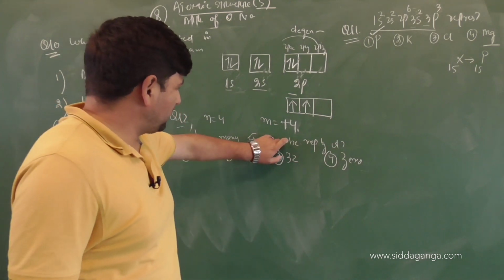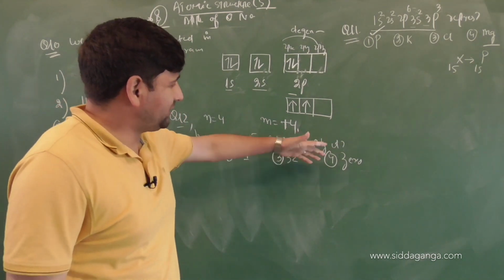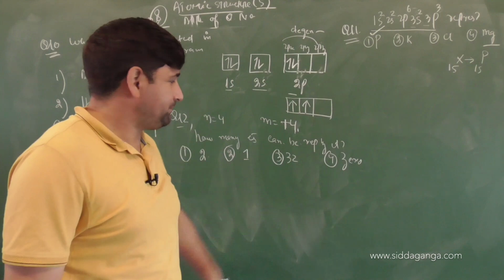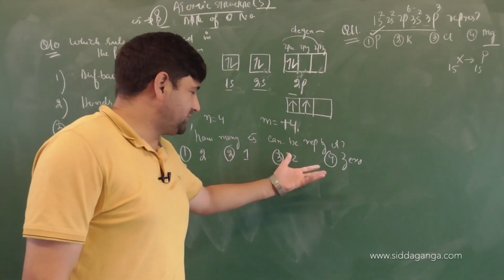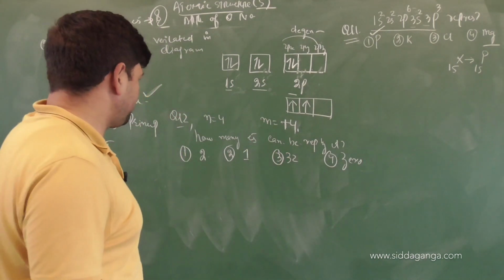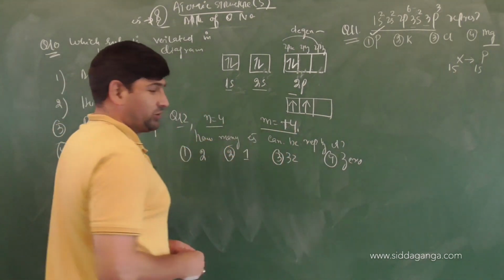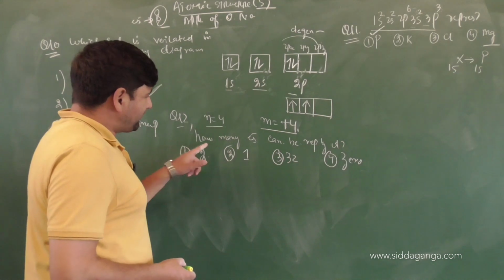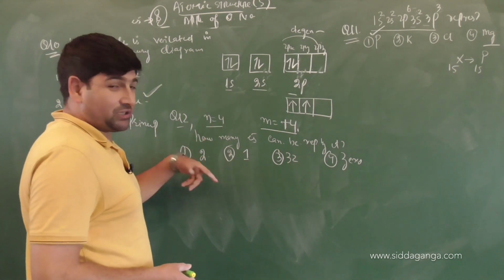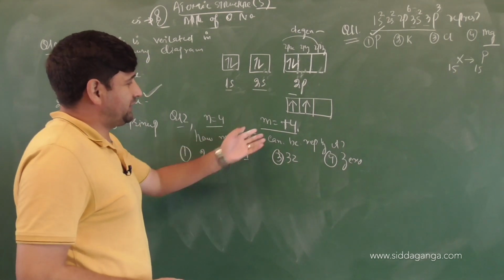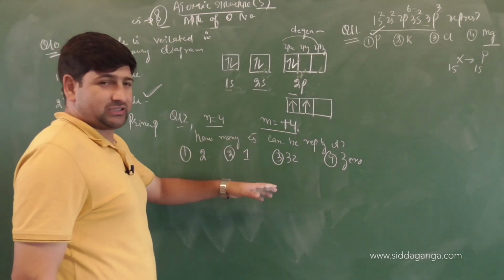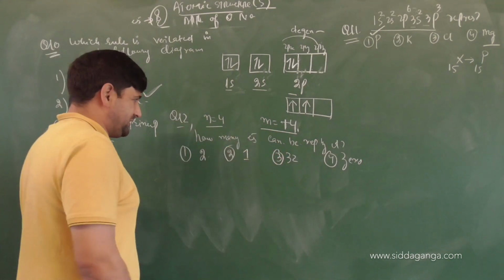So with the help of quantum numbers, you will be in a position to find out exactly the electrons. Yes, you can locate, you can give different considerations with respect to an electron. So we have n value 4 and m value plus 4 given to you. We will first of all use the quantum number rules that we have learned so far in order to find out how many orbitals it's representing. According to that, we can talk about electrons as well.